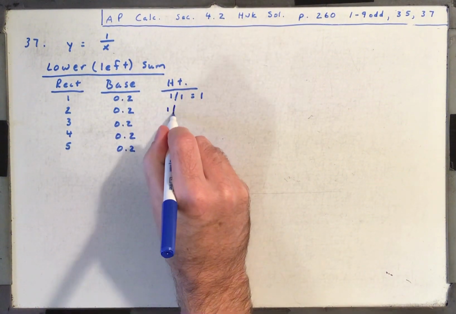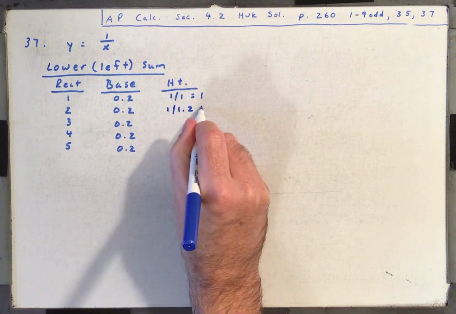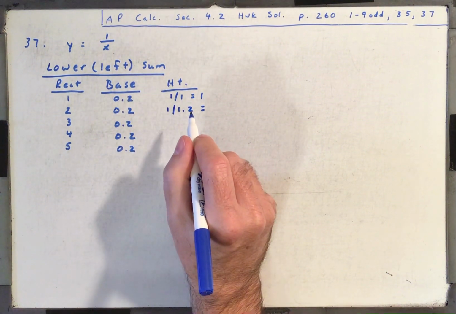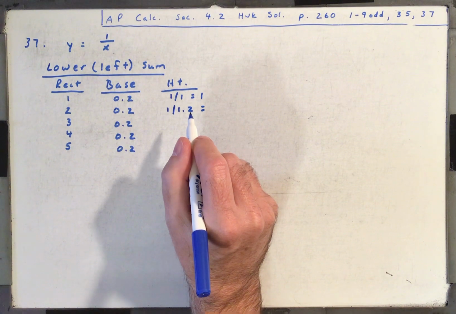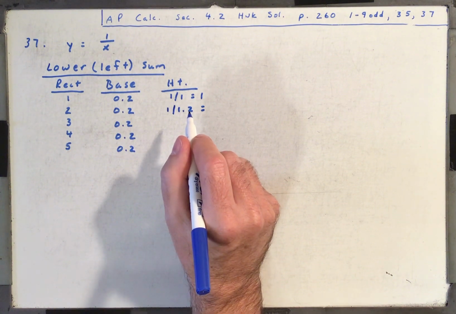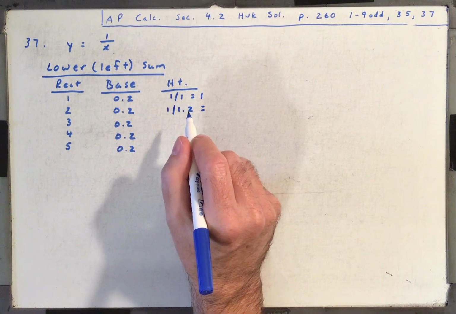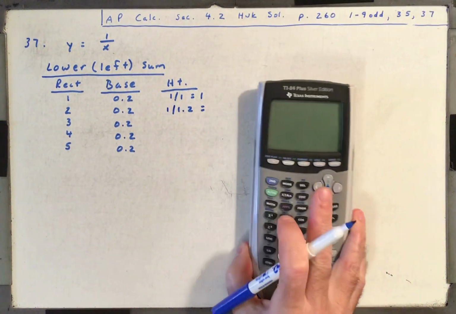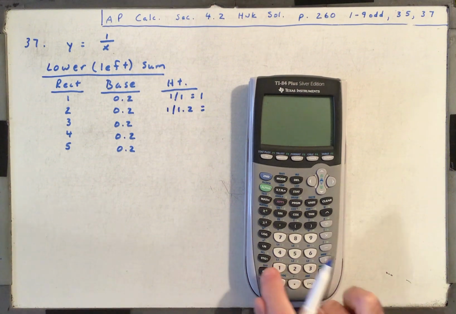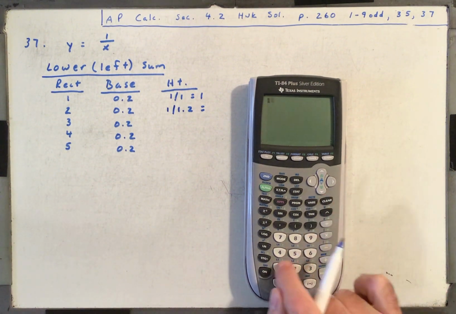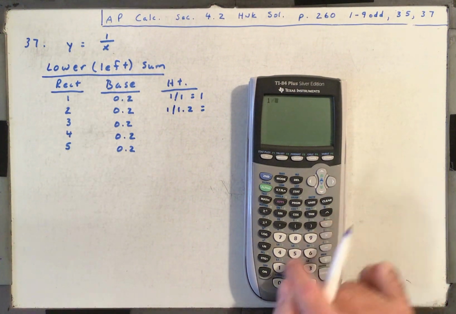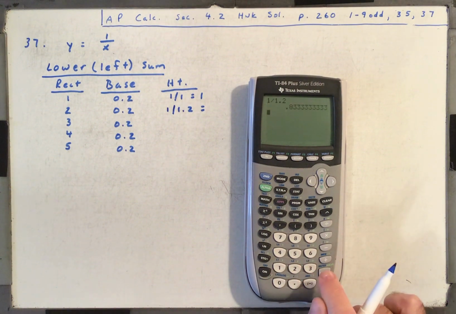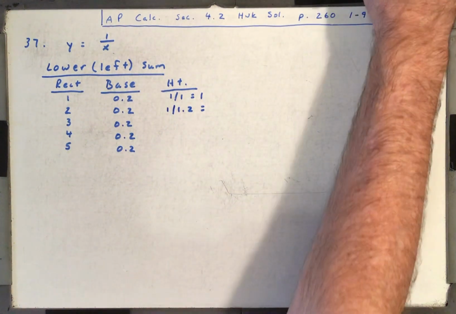Our second is 1 over 1.2. All right, 1 over 1.2 would be, let's see, 0.833,